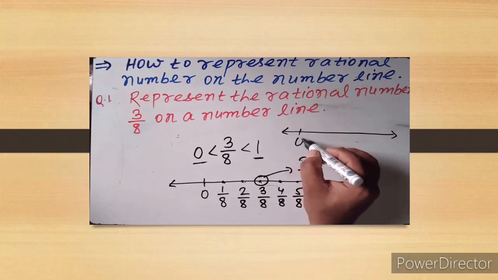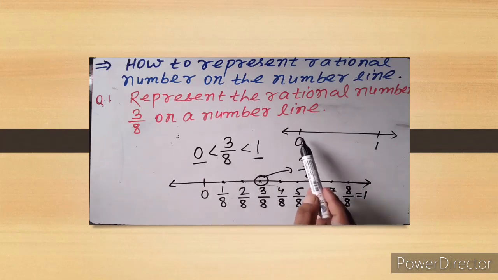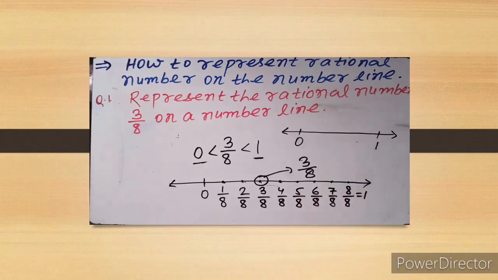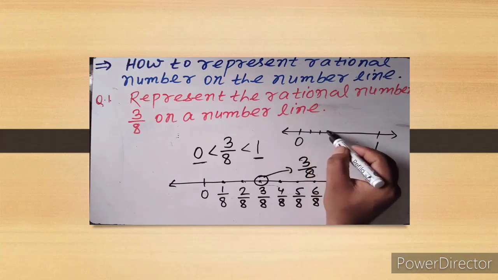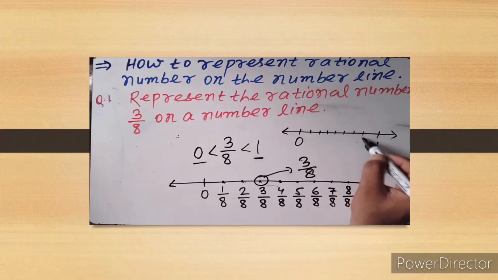You will take 0 and you will take 1. What number is in the denominator? In the denominator 8. So you can divide 0 and 1 into 8 equal parts, like 1, 2, 3, 4, 5, 6, 7,